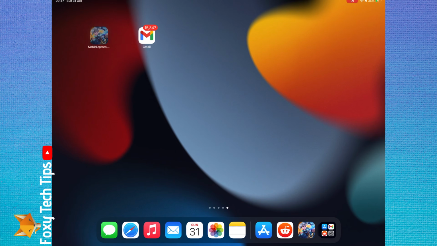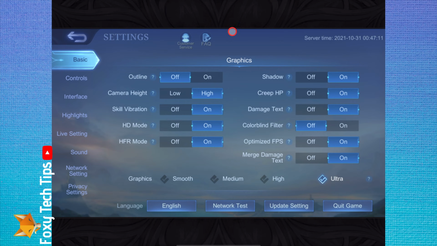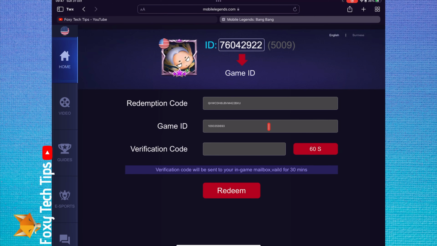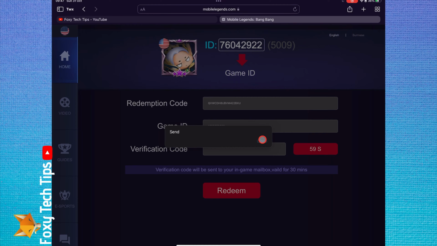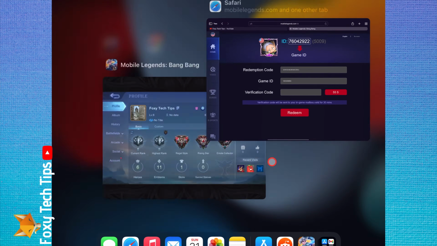To find your ID, open up the app again. Tap your profile image from the top left, and your ID will be on the right of this profile page. Once you enter your user ID here, tap the Send button to receive a code to your in-game mail back